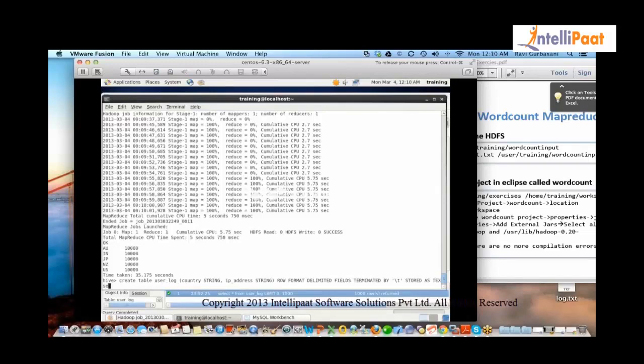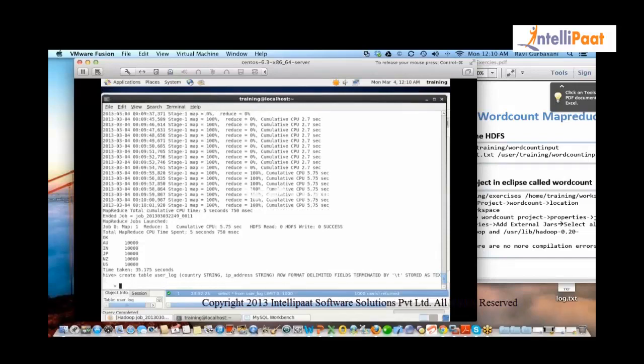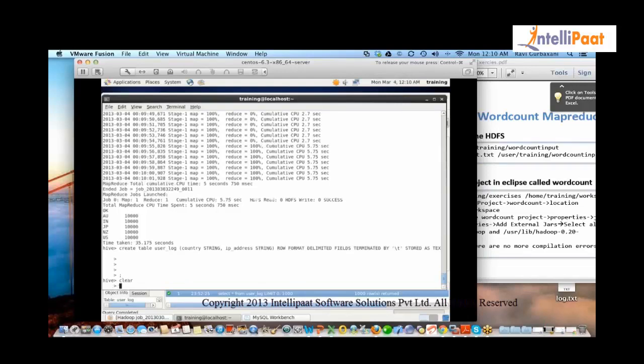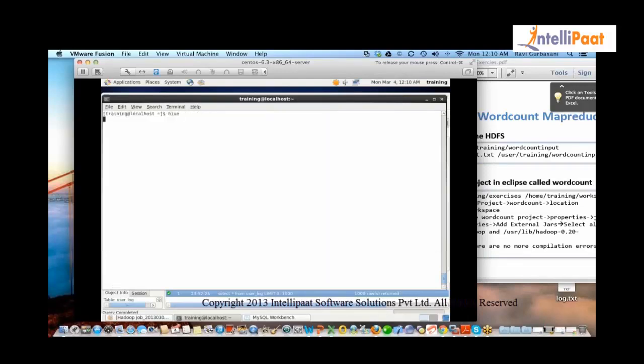Explain the last command that you ran and how it was working. It started with the first map, because we have already loaded those 50,000 records into Hive.